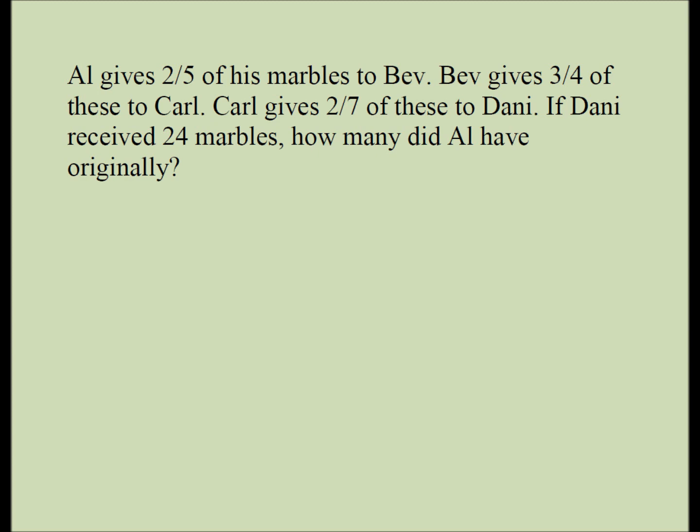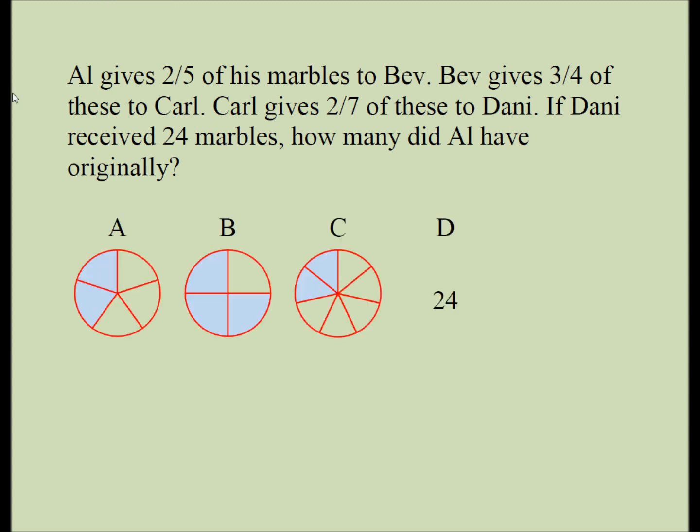We're going to solve this problem visually, and we're going to work backwards. So let's try to write down the facts that we have in the question, at least pictorially describe the facts. So Al had some marbles. He gave 2/5 of those to Bev. Bev took all those marbles, gave 3/4 of those to Cindy. Cindy took all those marbles that she got from Bev and gave 2/7 of those to Danny, and Danny got